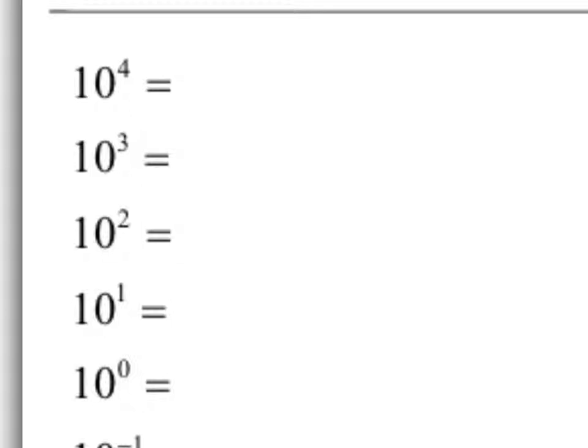Okay, please check me: 5, 4, 3, 2, and 1. So I did see a lot of people do the same thing that I saw this morning, which is that I saw a lot of people start with the 10 to the 1, and they knew that was 10. And then they actually moved up, instead of starting at the 10 to the 4th and moving down, because they were like, oh, well, 10 to the 1st power